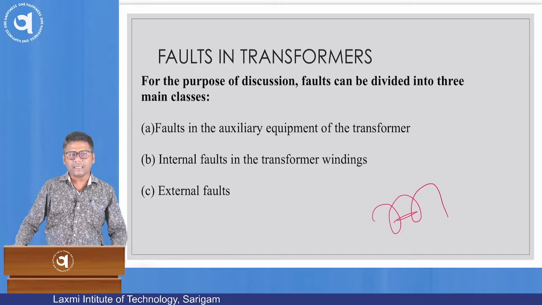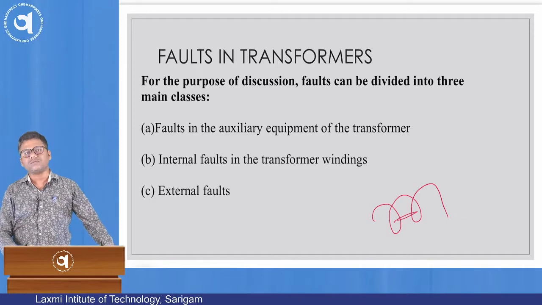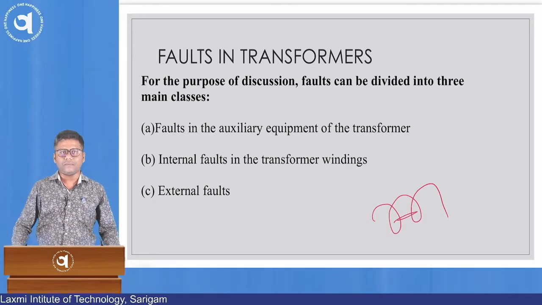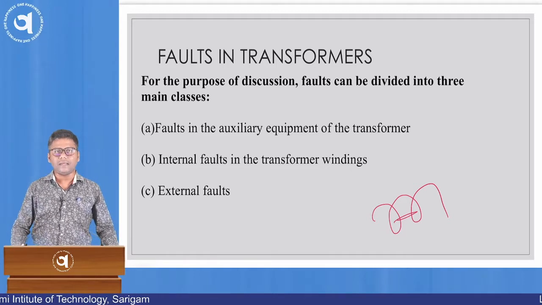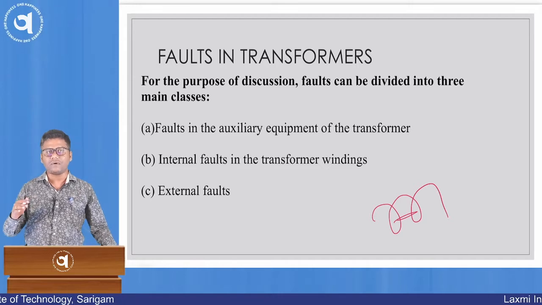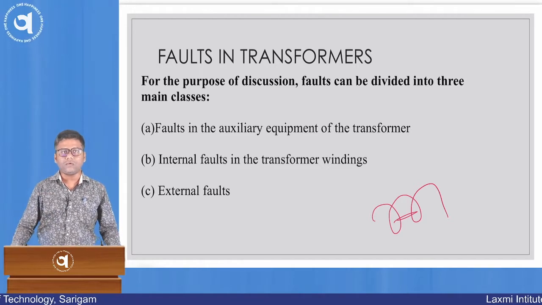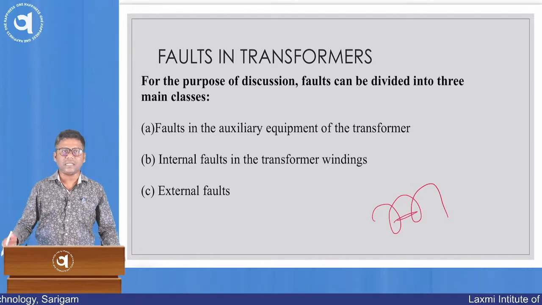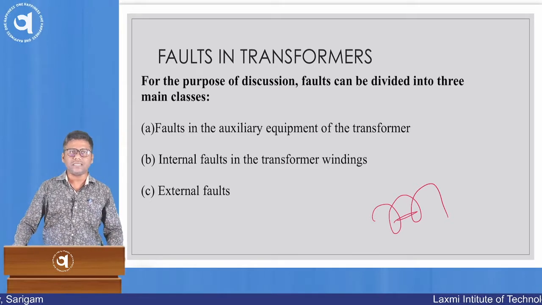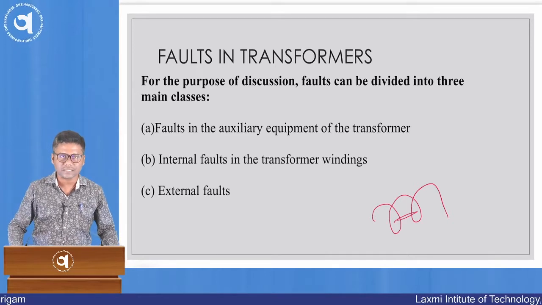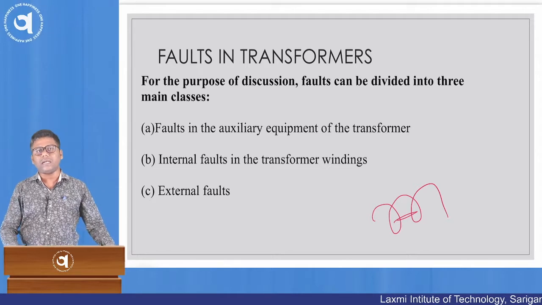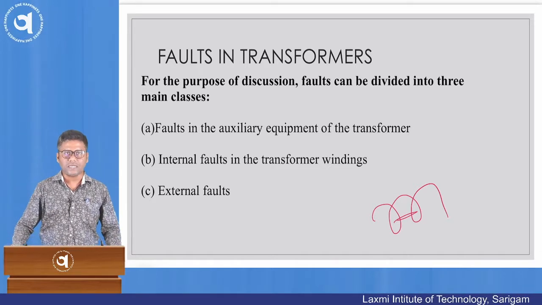Apart from that, external faults generally do not impact the transformer immediately. In the case of an external fault, we pass the fault current and allow some time to clear this external fault by the system relays. Otherwise, a backup protection scheme has been provided for the transformer, and if the fault is not cleared by the system relays, then time graded backup overcurrent relays are generally used for this kind of external faults.